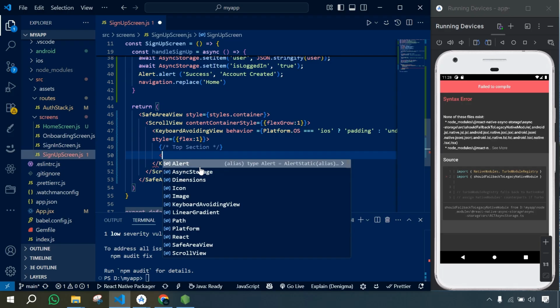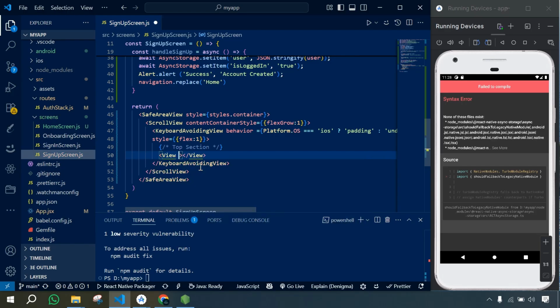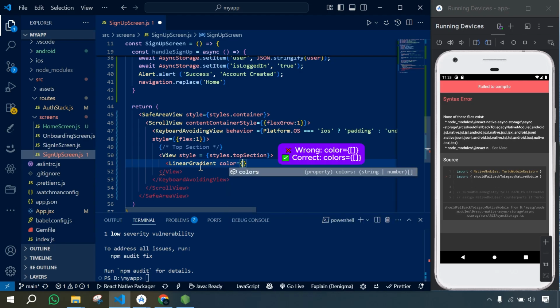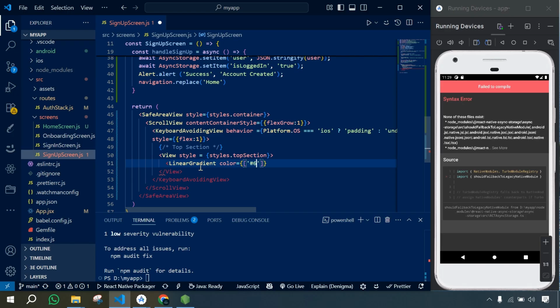So here we'll create a View and style equal styles.topSection, and then inside this View we'll use our LinearGradient, and then here colors will be #6C63FF, and another one will be #7F75F0, and here style will be styles.gradient,